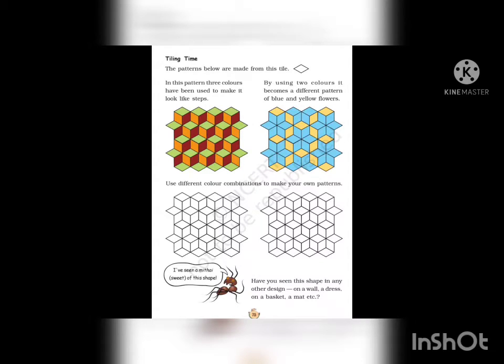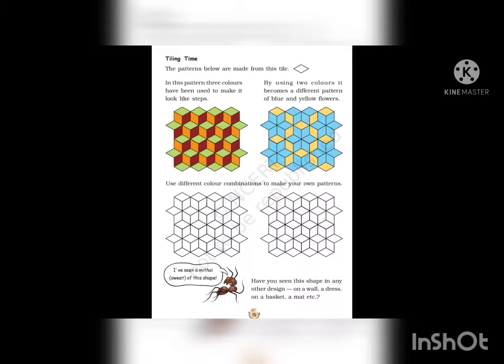Next is: I have seen a mithai, a sweet, of this shape. So here is an aunt who is saying that she has seen a sweet of this shape. You must have also seen a sweet of this shape. The name of that sweet is Kaju Katli. You must have seen that sweet. It is also of this shape.